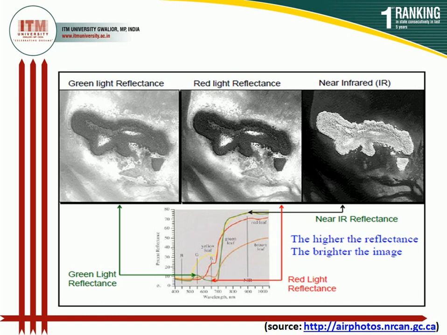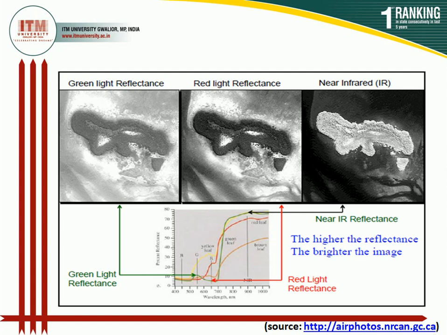Smooth objects have very high reflectance, rough objects have low reflectance. The light factor, reflectivity, angle of reflected light, geographic latitude or longitude position, which type of photography method is used for taking the photos, and the processing of that particular image are the most important factors which affect the tone of an image. In thermal imaging, higher temperature regions have a lighter tone, and areas having lower temperature appear darker in color.